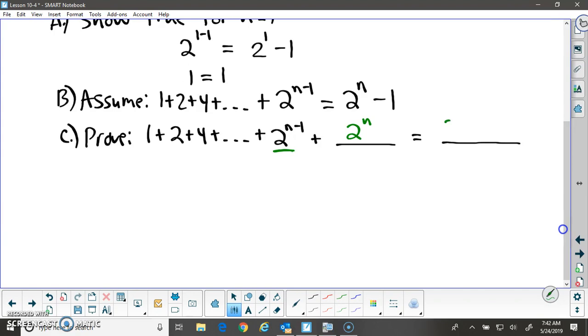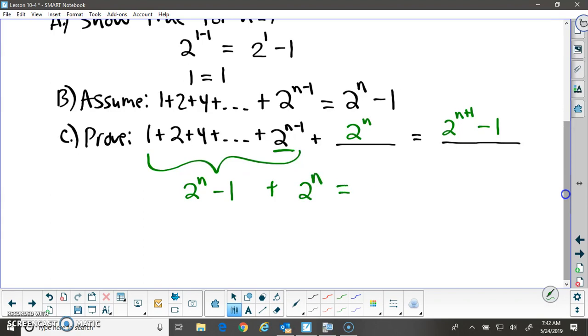And our new summation would be 2 to the n plus 1 minus 1. Since we made the assumption that these first n terms add together to give you 2 to the n minus 1, then we add this next term, 2 to the n, it should give us 2 to the n plus 1 minus 1. Well, right here,